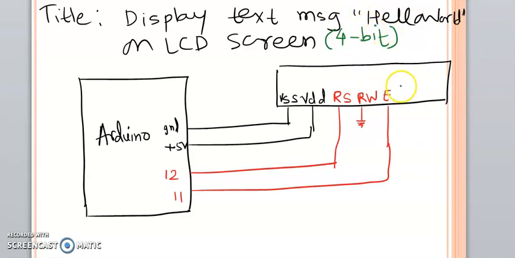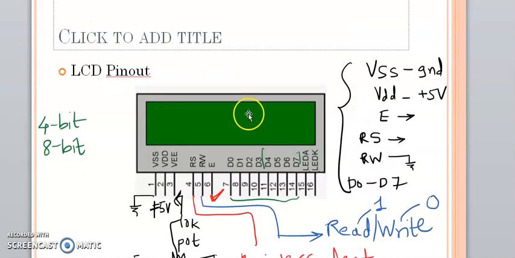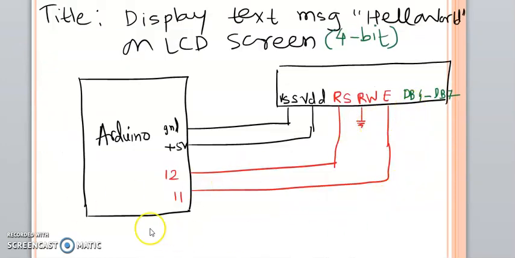So out of DB0 to DB7 I am going to prefer DB4 to DB7. So here you can see I am going to prefer the D4 to D7 block, and each of these needs to be connected to IO pins of Arduino. So here let us draw that connection. Instead of drawing here, I am going to note the connections, that is data lines D4, D5, D6 and D7 of the LCD need to be connected.